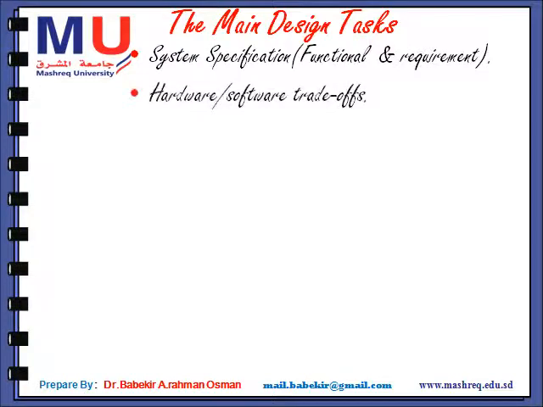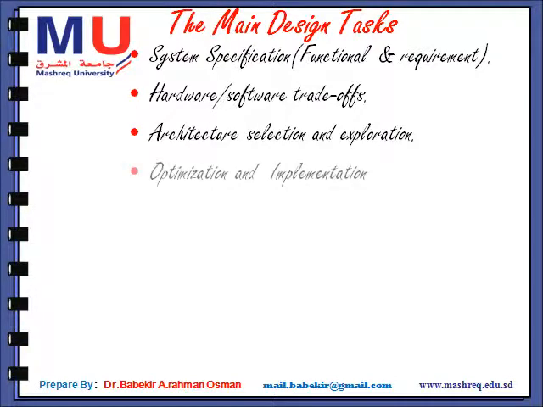Another design task is the hardware and software trade-off, also the relation between hardware and software associated with each system. Another part of design task is architecture solutions and exploration, so many types can be used, in connection with the optimization and implementation: how the architecture selection is implemented and how it can be optimized for a good design